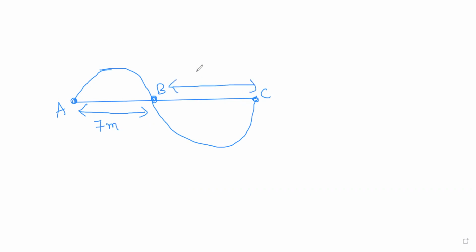The first part of the problem is like this. This is the first semicircle, and this is the second semicircle. The particle has moved from A to B, and then from B to C. The first has about a 7 meter diameter, and from B to C it is about a 14 meter diameter. Let us calculate the distance. They have given the time it took to reach from point A to point C as 10 seconds. So this is the time they have given.